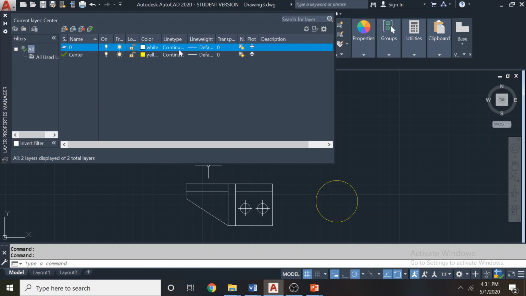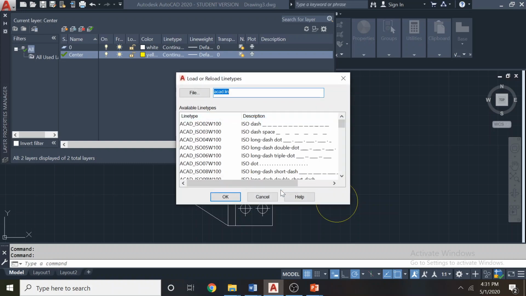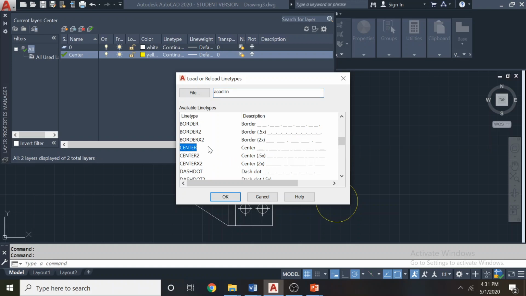Then the color, then the line type. The most important thing here is the line type. When I click on this, I can see only one line type available: continuous line type, solid line. If you want to load the center lines, the list is available here. You can come here and select the normal center line. There are other center lines available, center 2x, center half x.